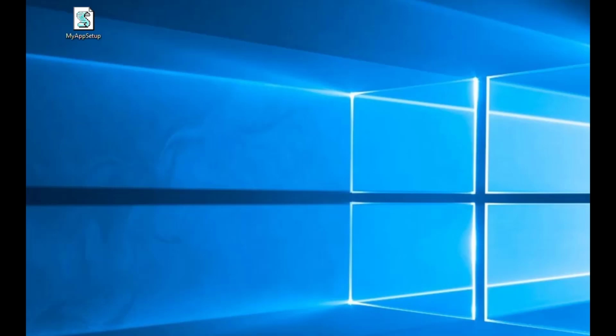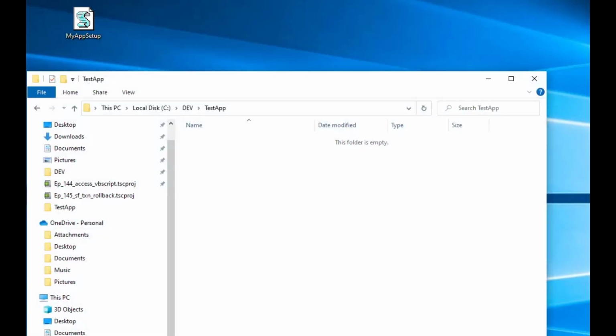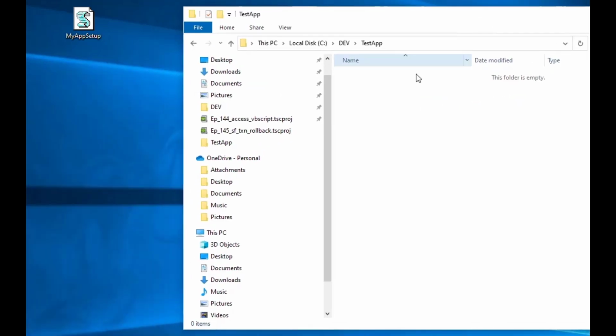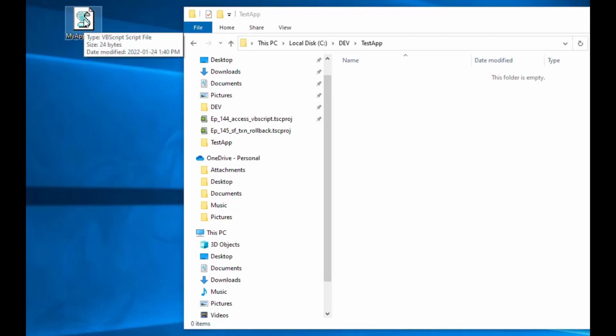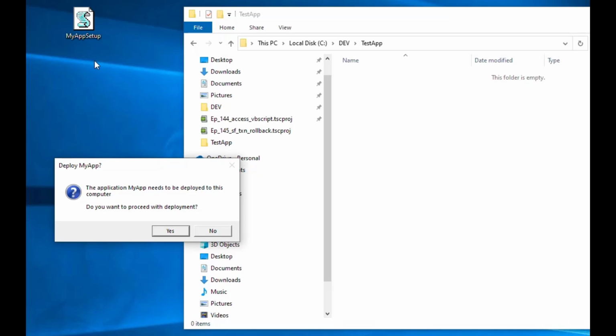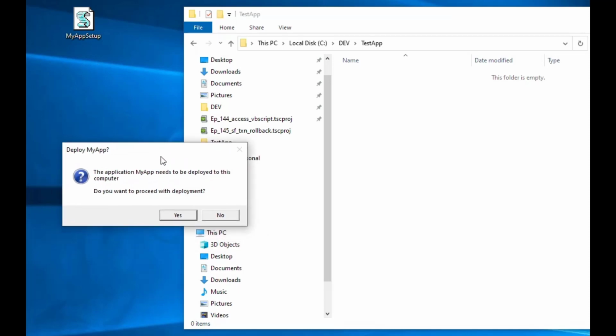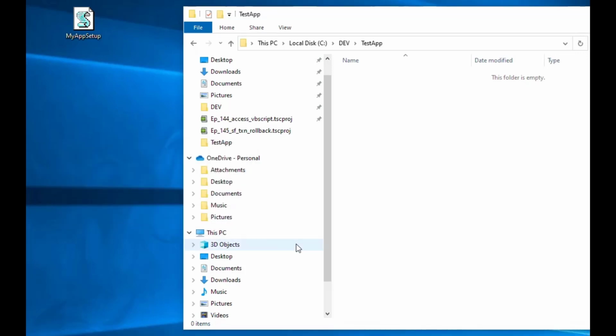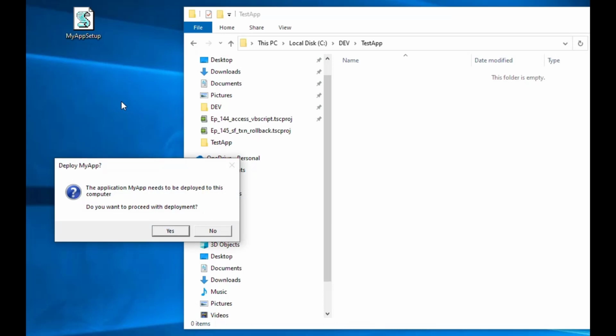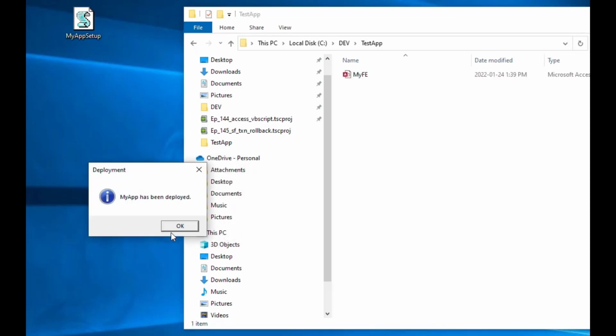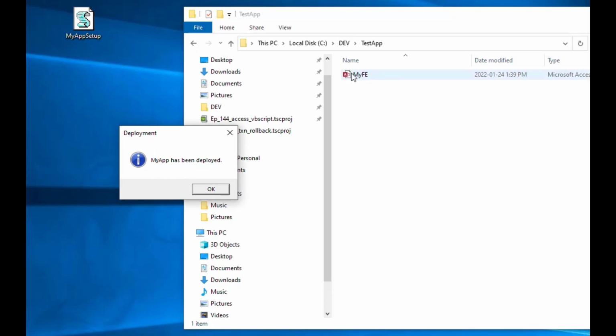And so we could test this out. I mean, it might be broken, I'm not sure, but we'll see if I have any spelling errors or typos. So this is the test out folder, and if I double click this little script here, looks like it compiled because it did start. Okay, so the application my app needs to be deployed to this computer. Do you want to proceed with deployment? And you could click no, and it shouldn't do anything if you say no. But you could also double click it, and it will go ahead and check that, and you could say yes. And then, it looks like it deployed. So now I could click OK,